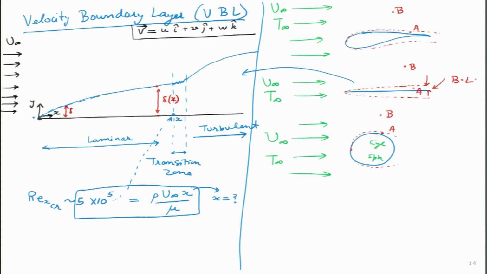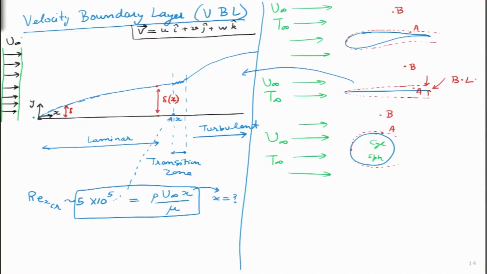Now, let me draw the interesting part, because I am talking about velocity boundary layer. Let me go ahead and draw the velocity profile. If somebody asks what does a velocity profile look like, let me first draw it for the free stream region. This is the velocity profile for the free stream region. I hope you can see on the extreme left side of the slide, we have drawn the velocity profile, and it kind of looks like a rectangle, because all arrows are of equal length. I can even put a number over here, maybe I will say u equals 1 meter per second, and at all these points the value of u infinity is 1, right.